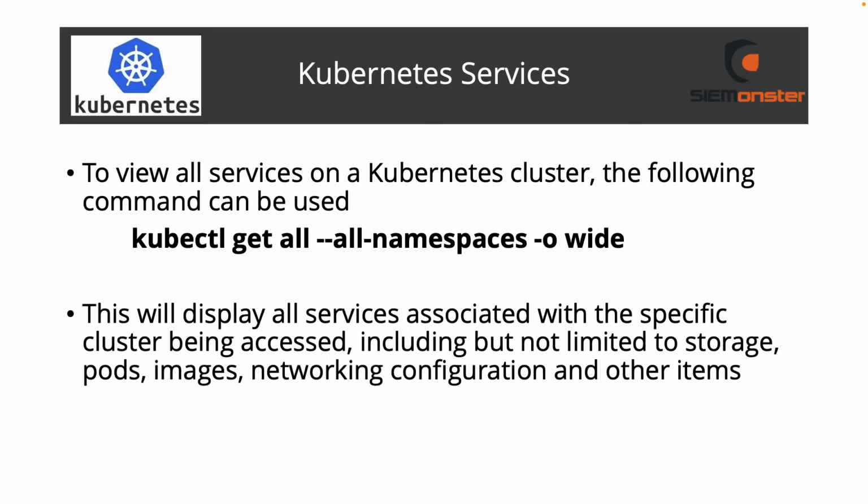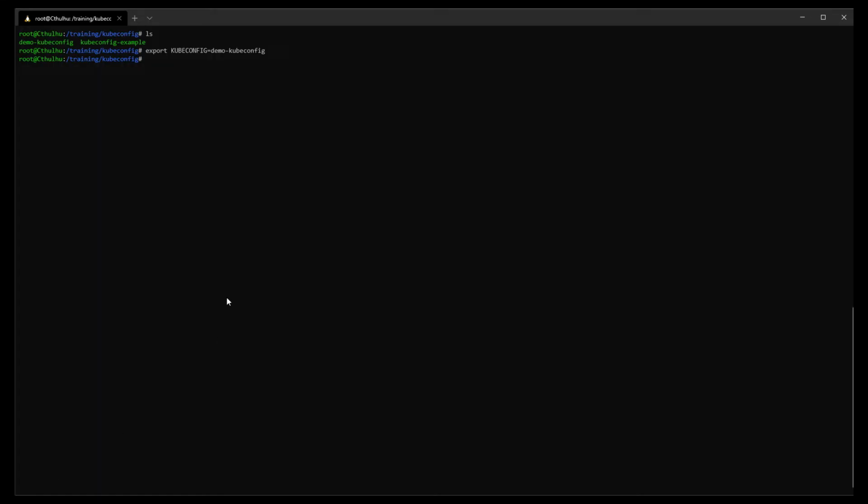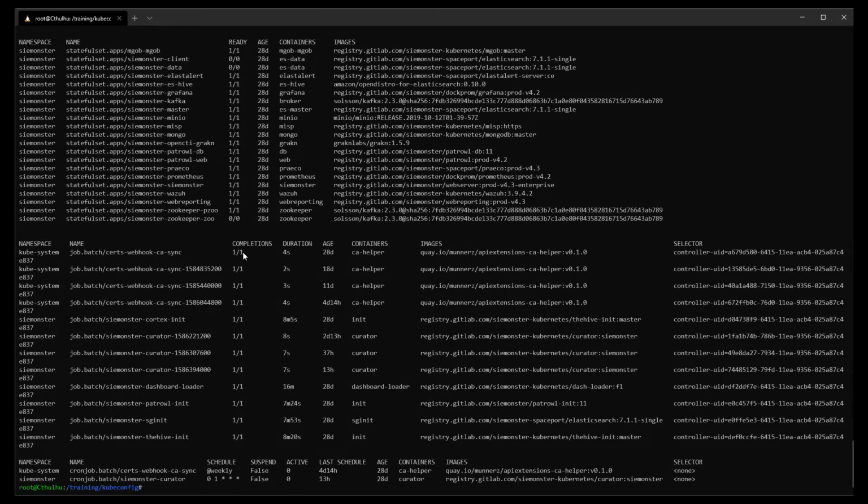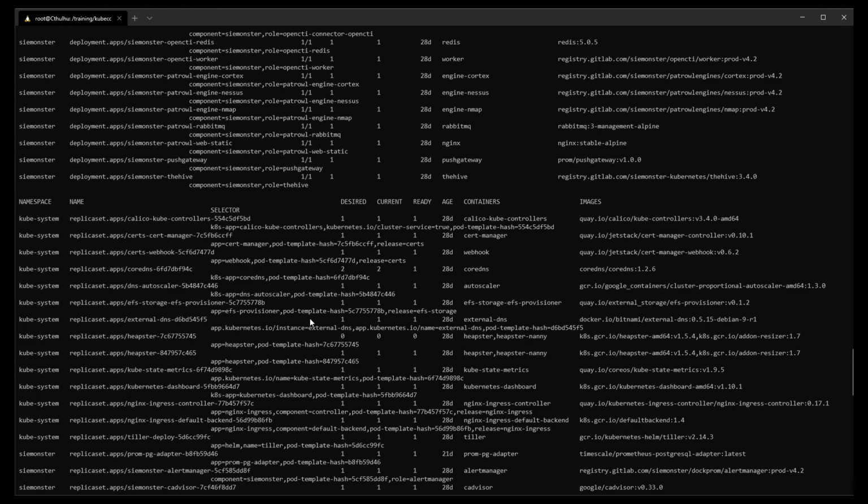Once the kubeconfig has been exported, commands such as kubectl get all namespaces -o wide can be run. This will give a very large listing of all the services that are associated with this cluster. Bearing in mind that should this be a remote cluster, sometimes the communication can take a while to take place, as it establishes a secure connection for the command first. As you can see, there is quite a number